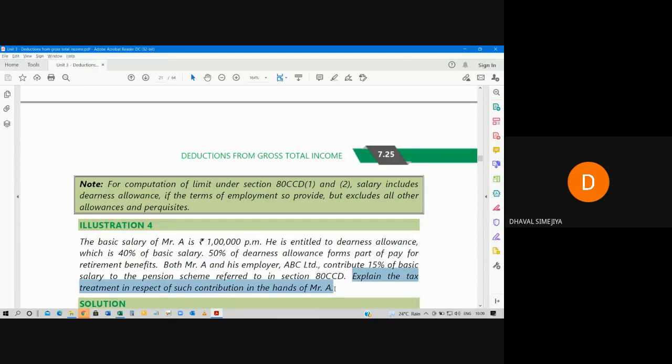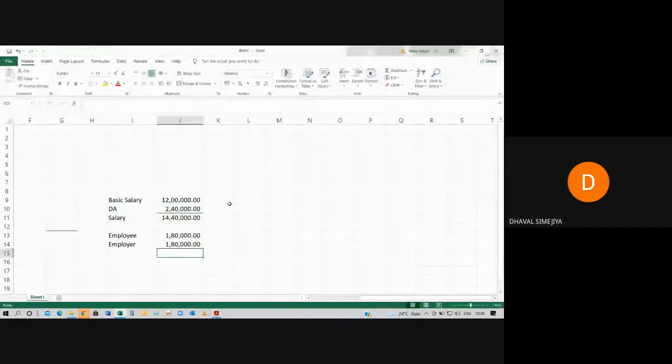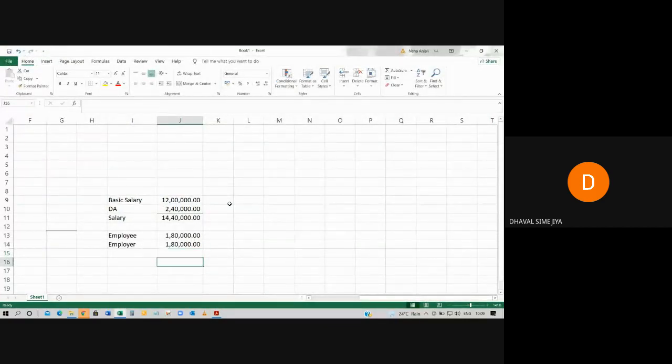Explain the tax treatment in respect of such contribution in the hands of Mr. A. Now, both are contributing 1,80,000 rupees. Now we are supposed to calculate what will be available under section 80CCD,